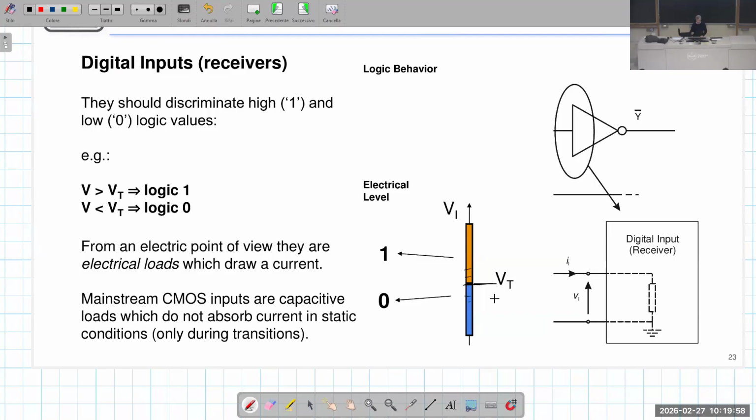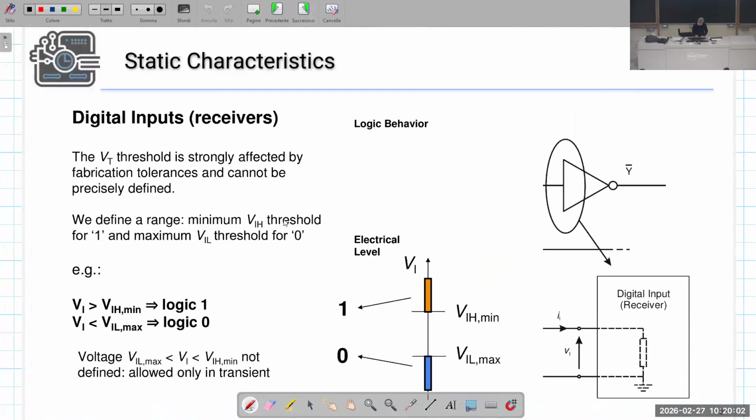This is very hard to define. For this reason, instead of defining a single threshold that discriminates voltages recognized as high logic level from voltages recognized as low logic level,